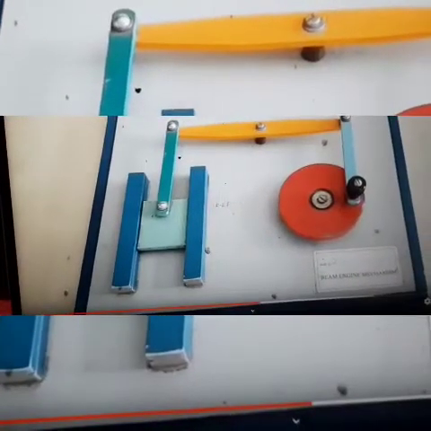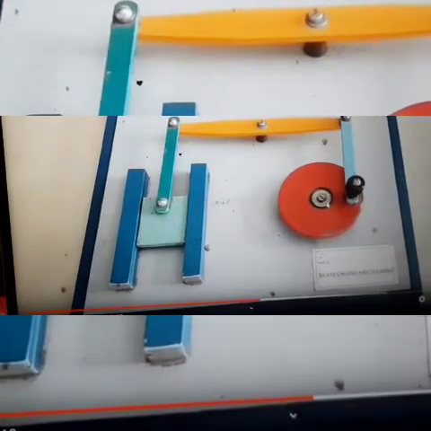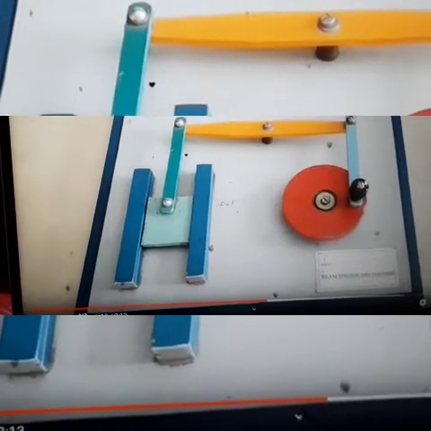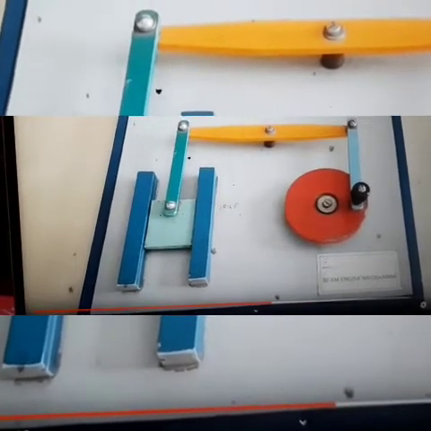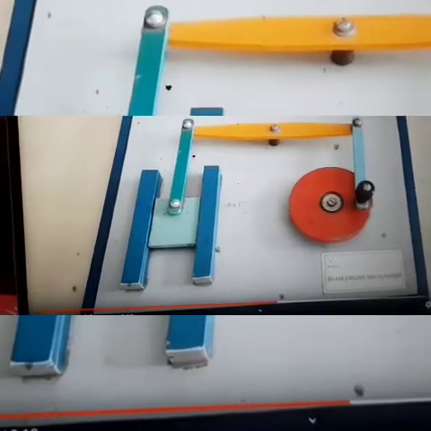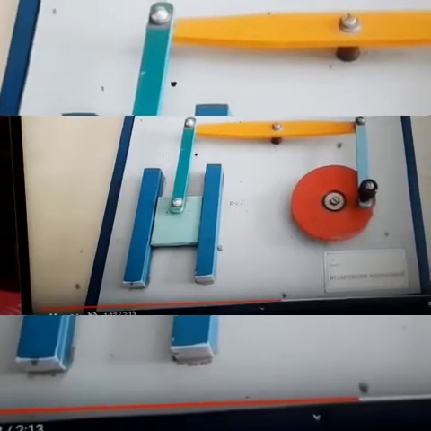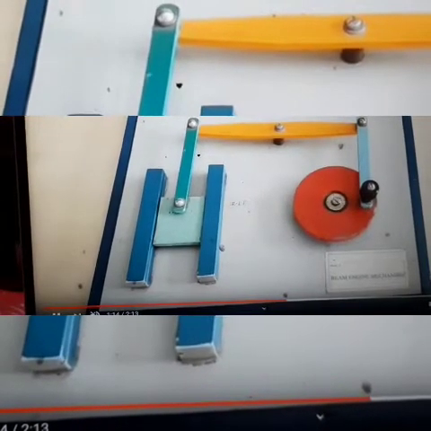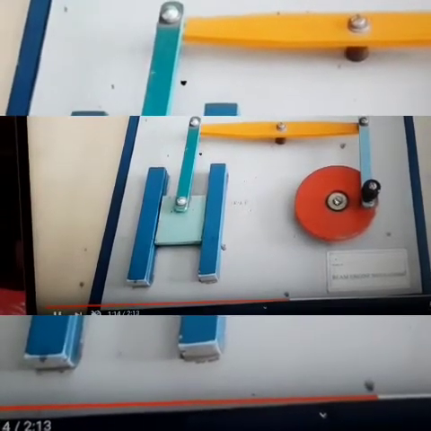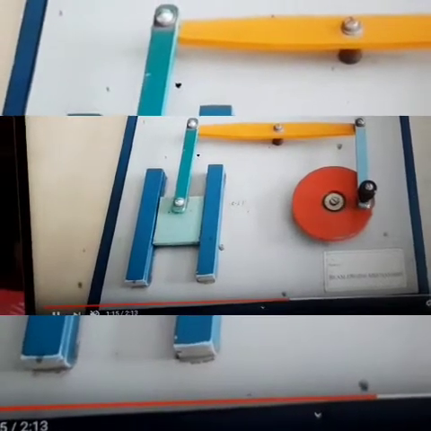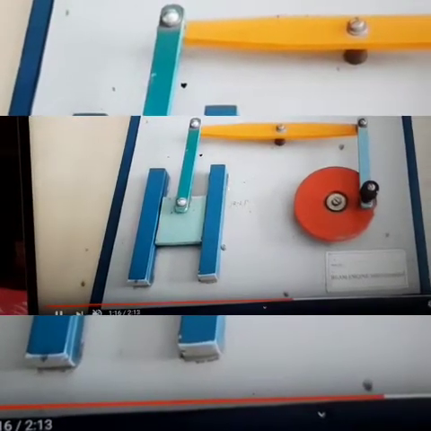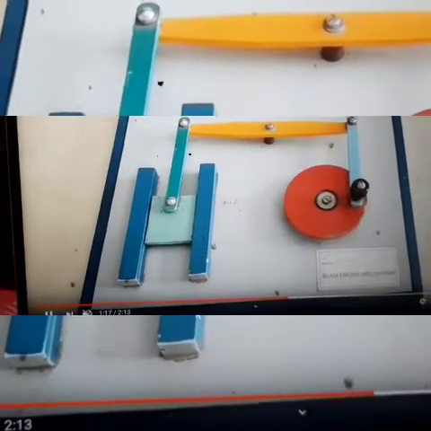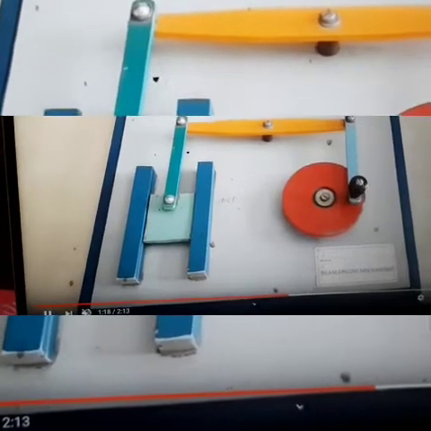Here you can see the animation of a beam engine. Between this point and this black point, the crank is fixed. We will rotate the crank about this handle, and this is a connecting rod and this is the lever. This yellow portion is the lever and this blue link is the connecting rod, and here the crank is fixed between this black point and this center point. So the crank will rotate about this. This is connected to a piston rod, and this is the piston. This cylinder is the fixed link and this black point is the fixed point.